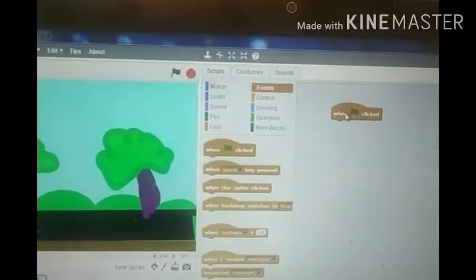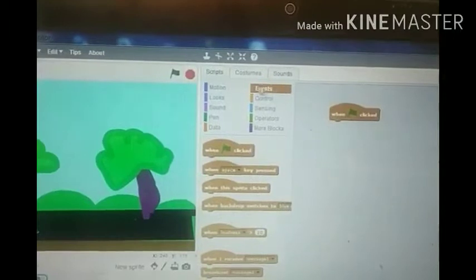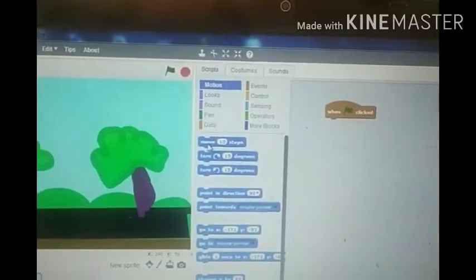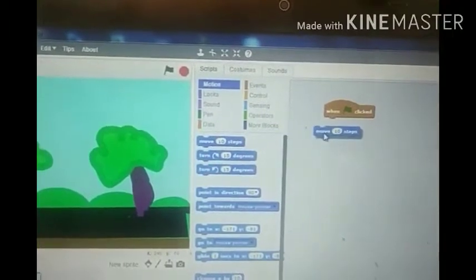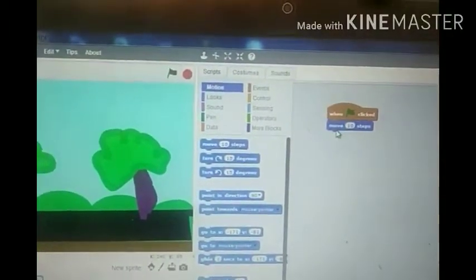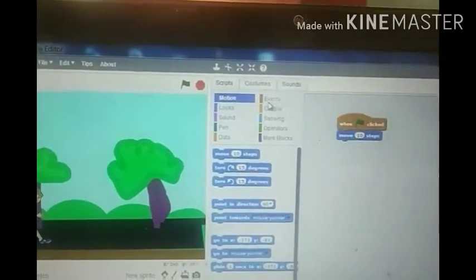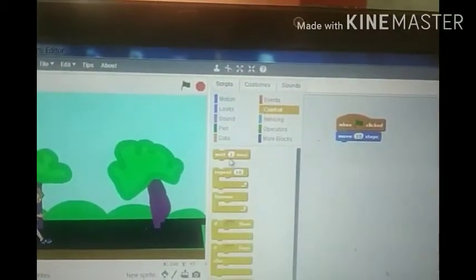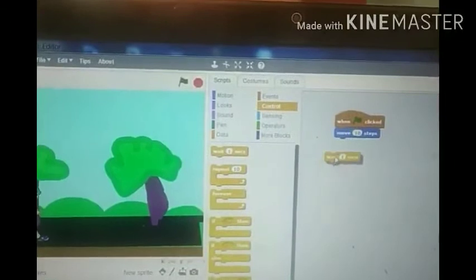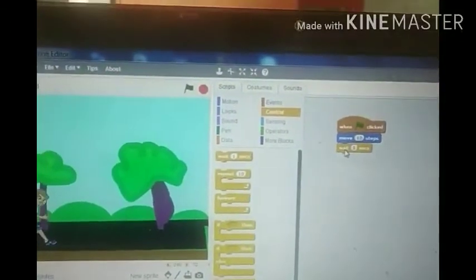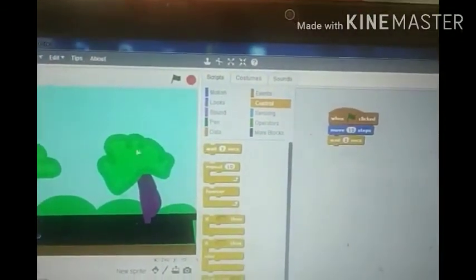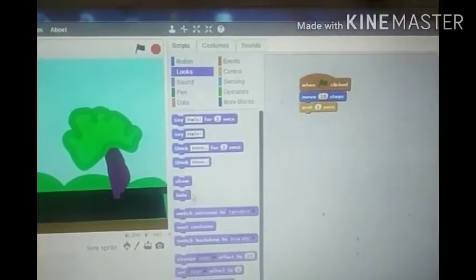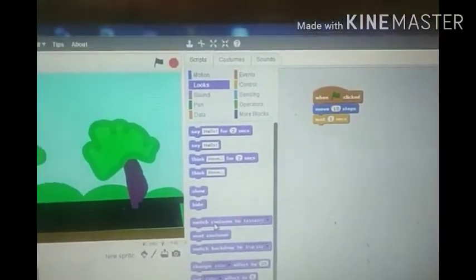Further, select the motion, and in the motion block, move 10 steps. That steps value we can change. Then go to the control block, wait for a fraction of a second, and further in the looks block, switch costume to costume 2.